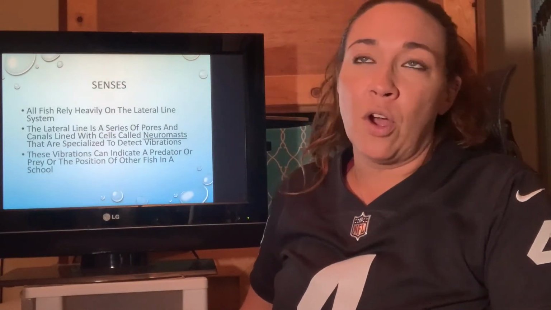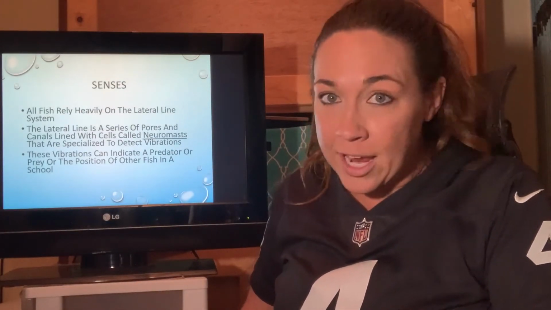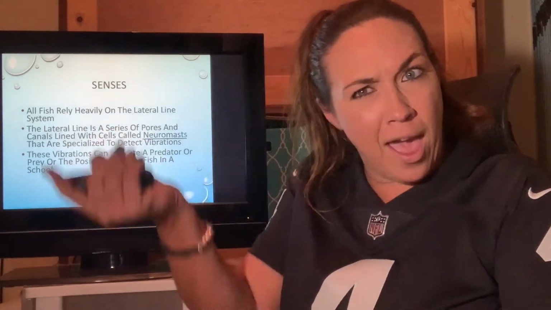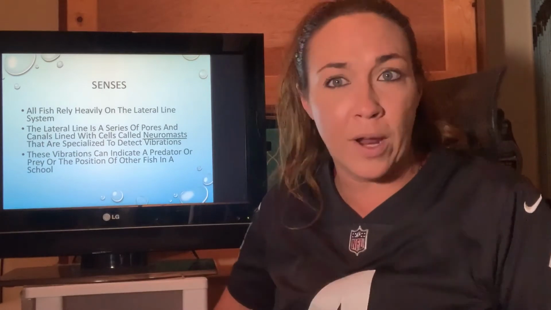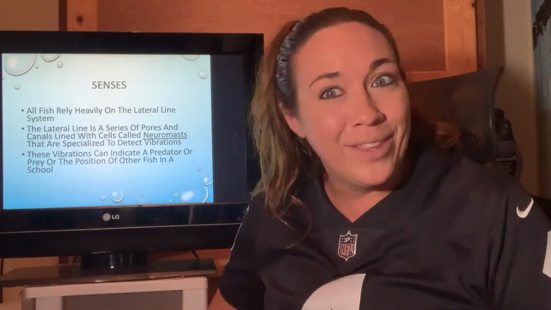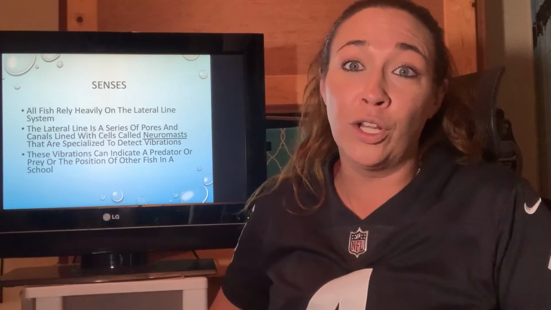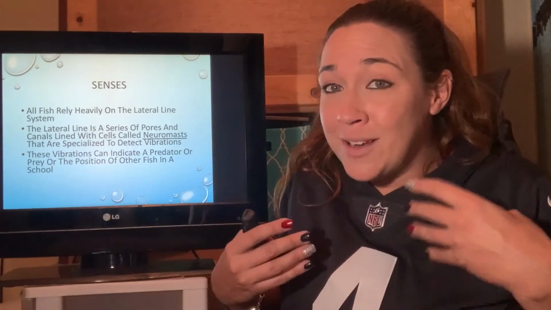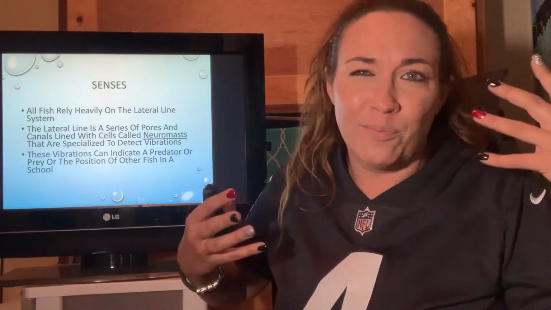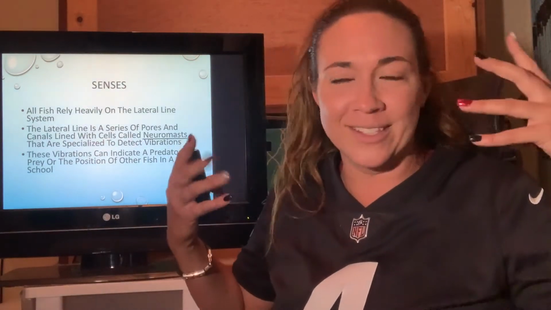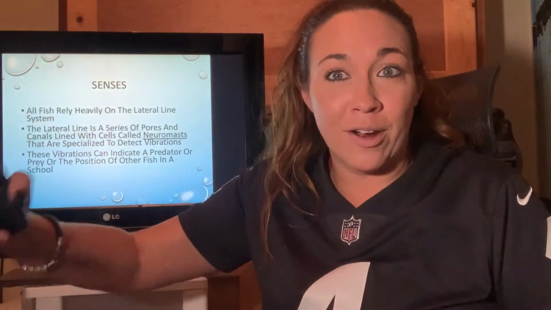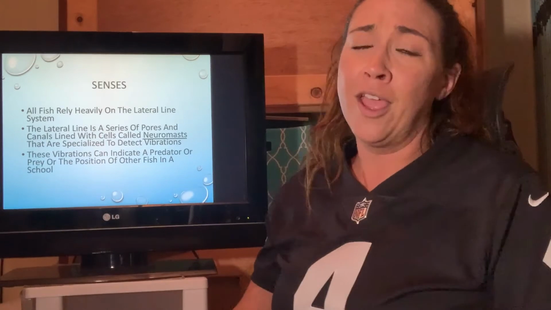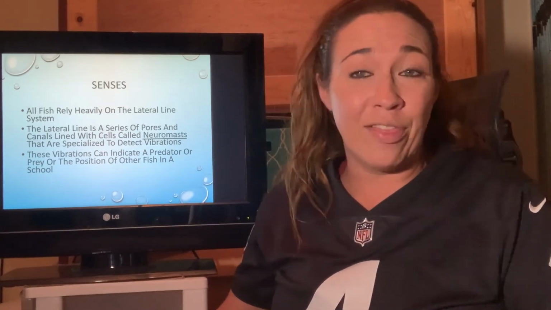Now, the senses are very important for fishes. They aren't necessarily that smart. Therefore, they can't necessarily think ahead, but it's all really got to be instinctual because their predators aren't that smart either, but they're really fast. And they've evolved together over long periods of time. So the better the predator gets, the better the prey becomes at not being predated on, not being prey. But then the predator gets better at being able to catch that prey so he doesn't starve. So again, it's this evolutionary trend that the predators and the prey are constantly at it, and therefore